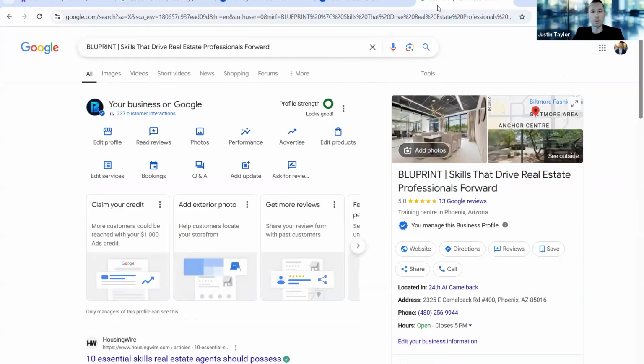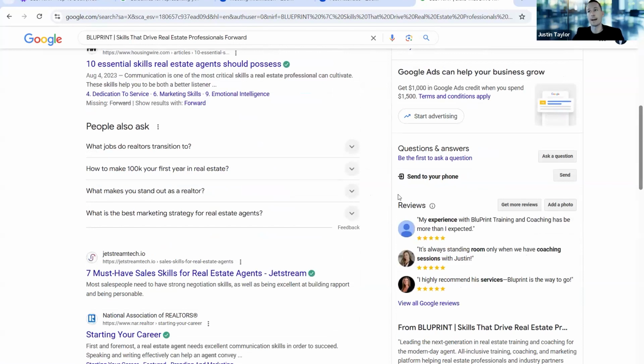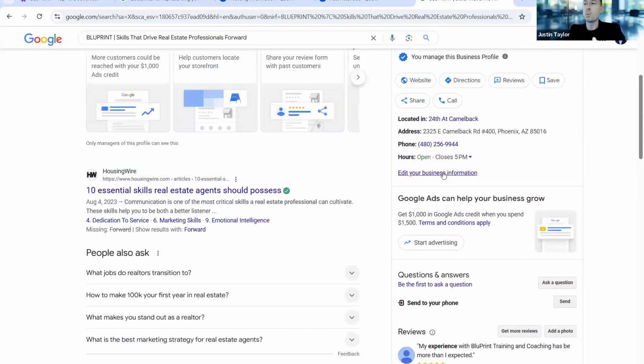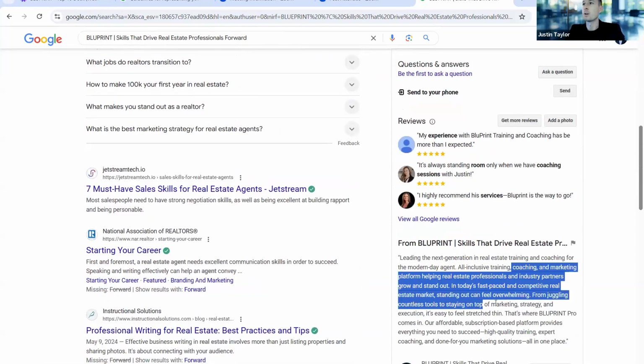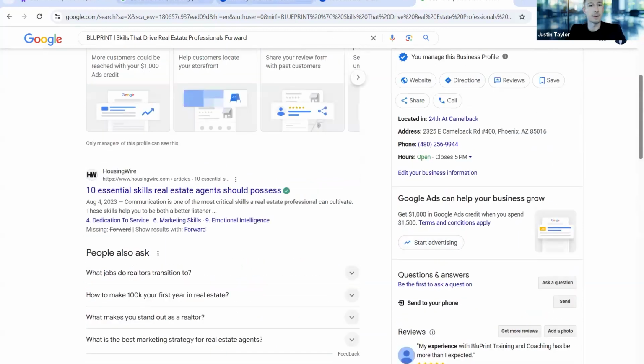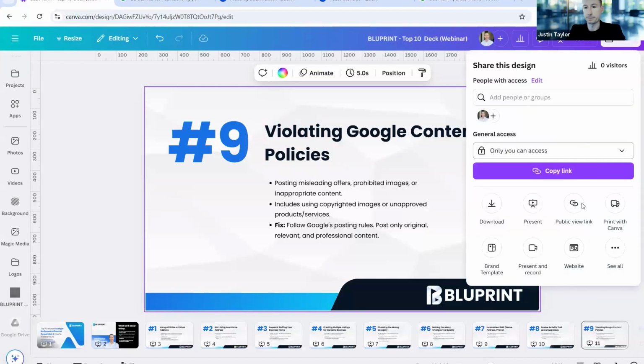I don't have products on this one, but agents that do have products, I highly encourage that you have products on your Google business profile, meaning homes for sale in Phoenix as a product, linking to my website under the Phoenix IDX feed. Homes for sale in Chandler gives a little blurb about each of those areas, or homes with a pool in whatever market. Those are good products that you should be adding in. It helps your ranking in SEO. But you want to make sure that any of the copy and text you're adding in these sections doesn't include contact information or links. Okay. It's another big one that comes back as a suspension.